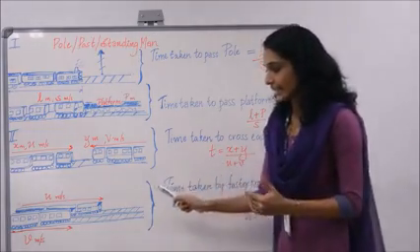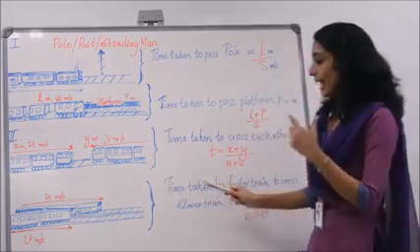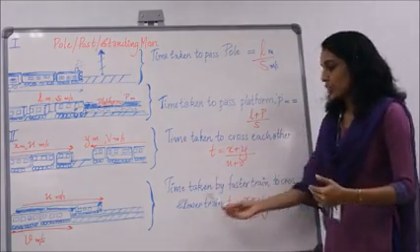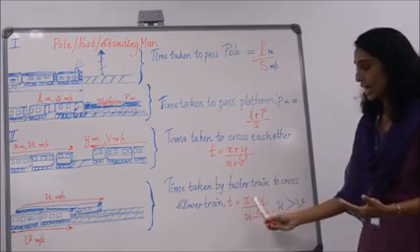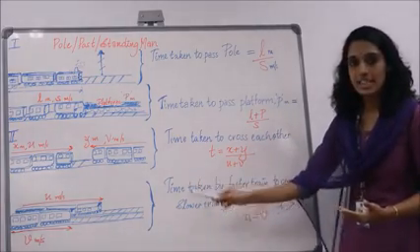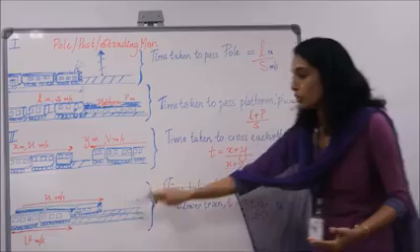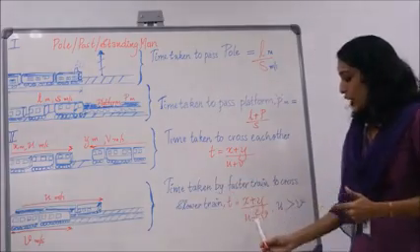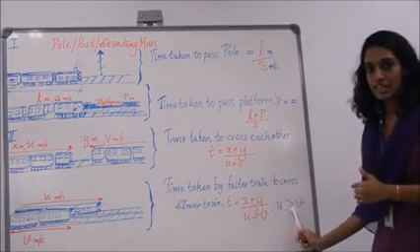And let's consider the next case, that is two trains moving in the same direction. The faster train will overtake the slower train. So the time taken by the faster train to overtake the slower train is given by x plus y divided by u minus v, where u and v are the speeds of the trains. And why have we given u minus v here? Because the two trains are moving in the same direction, so the relative speed is given by u minus v, and the condition is u is greater than v.